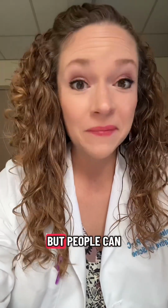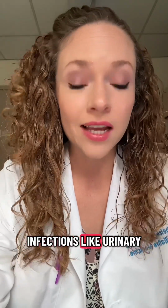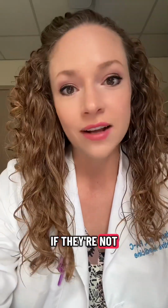Hospice essentially is comfort-focused care, but people can be on hospice for months. So in that time frame, sometimes people are going to get infections like urinary tract infections, pneumonias, sinus infections, cellulitis of the skin, things like that. How does hospice actually treat those if they're not testing for those, like doing a urine sample or getting a